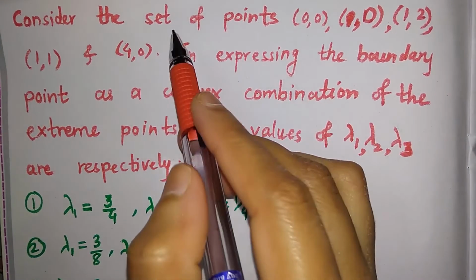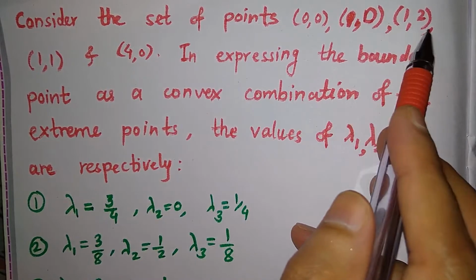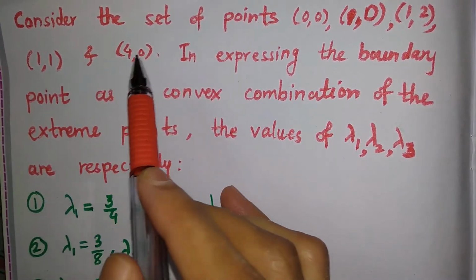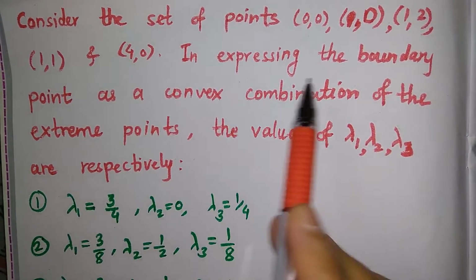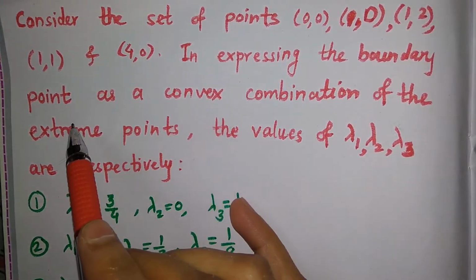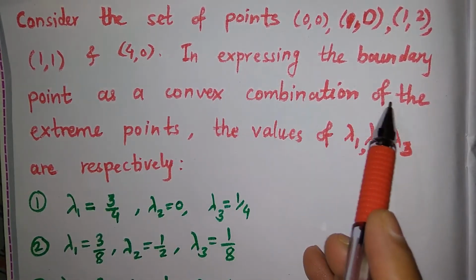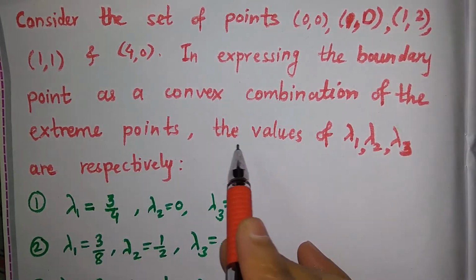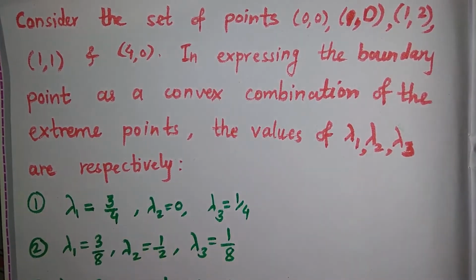We have given a set of points (0, 0), (1, 0), (1, 2), (1, 1) and (4, 0), and the question is about when we express these boundary points as a convex combination of the extreme points, the values of lambda 1, lambda 2, lambda 3 are respectively. The options are,